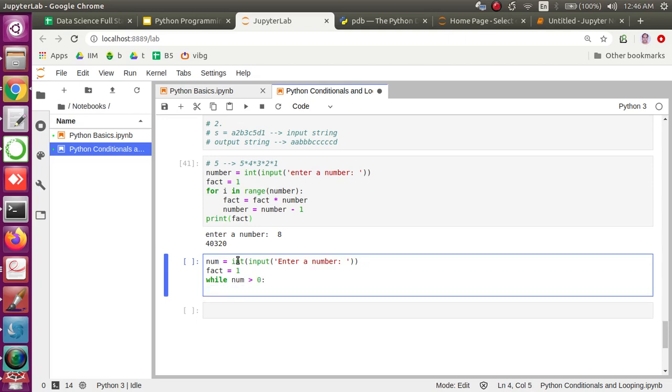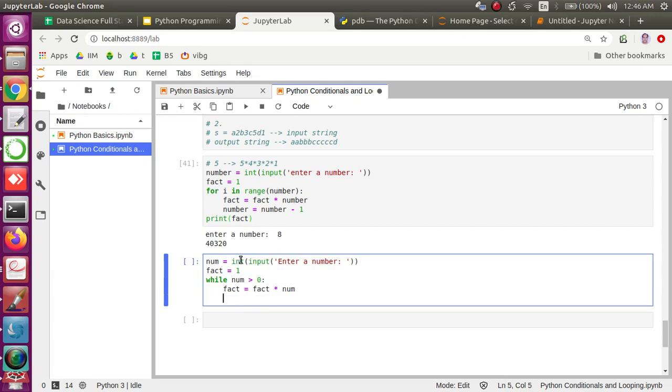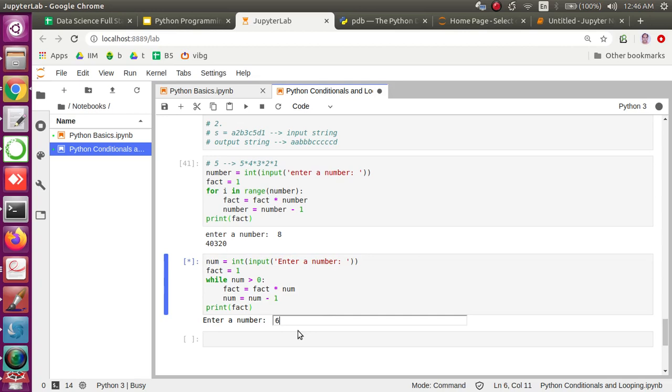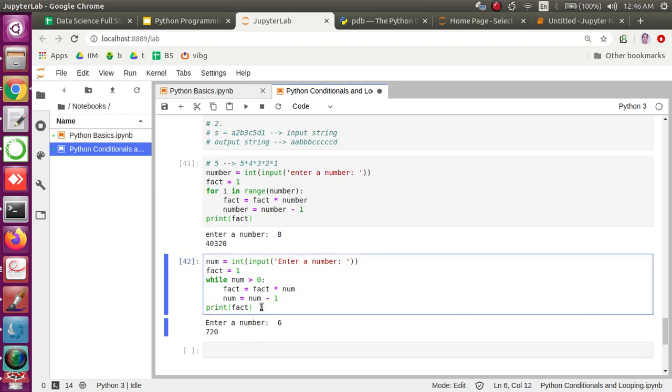I will keep on doing this as long as there is a value, and fact equal to fact into num I'll take, and then I have to decrement the number here. So num minus 1, so that this condition becomes false at some moment when the number is equal to 0, right? So that's how we can do this, and I can see that this also works well.